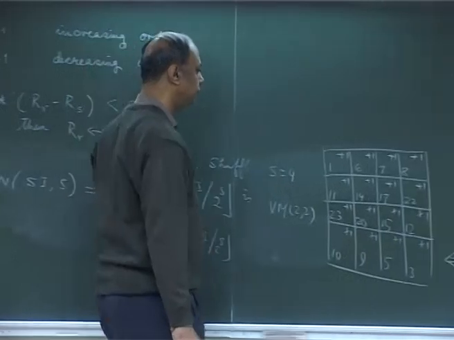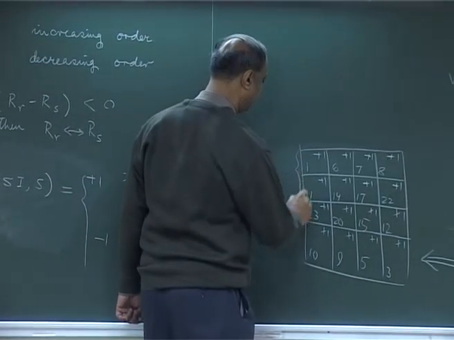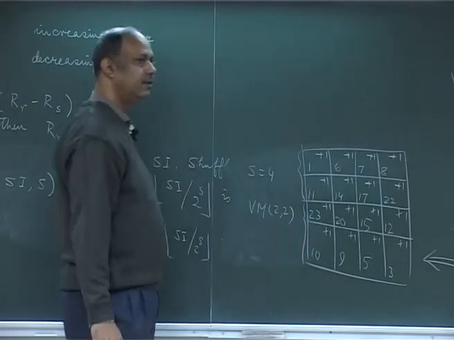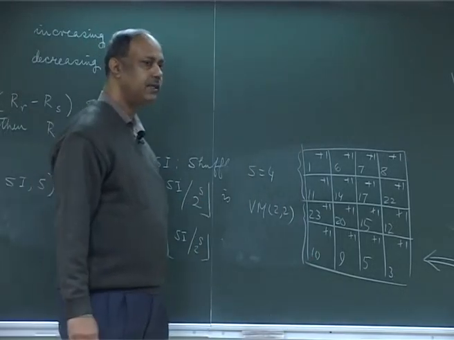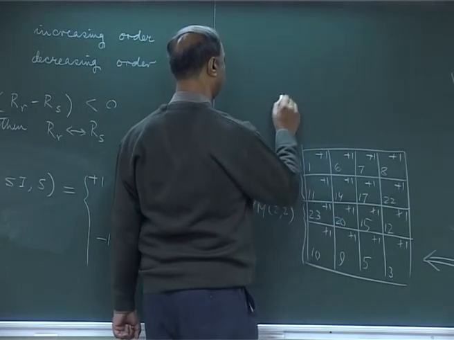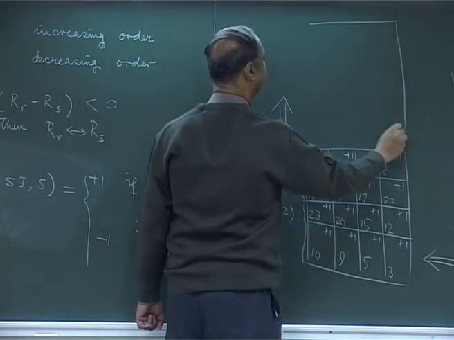Right. So, this is increasing order, this is decreasing order. So, you can use the vertical merge and you will be getting